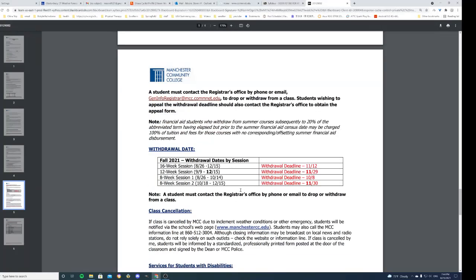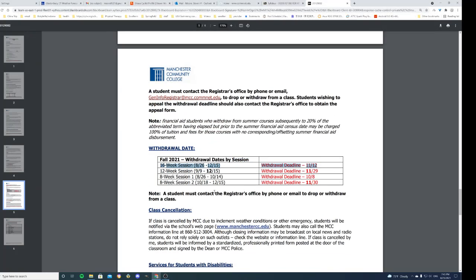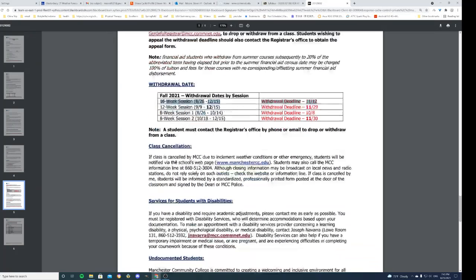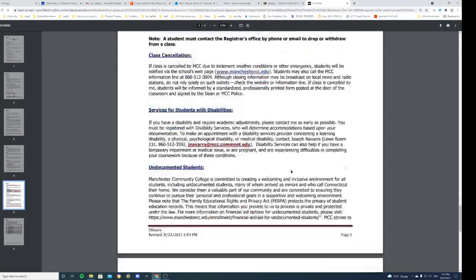Okay, so these are some of the dates for withdrawal. And for us, it's the 16-week session. So it looks like it's going to be November 12th. All right, so pay attention to that. Class cancellation, that shouldn't apply to us at all. We have no specific times. Okay, so if you have a disability or you need some academic adjustments, contact Joe Navarra, and he can help set that up for you.